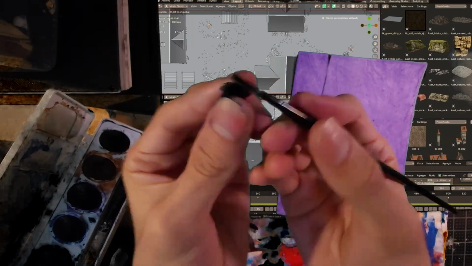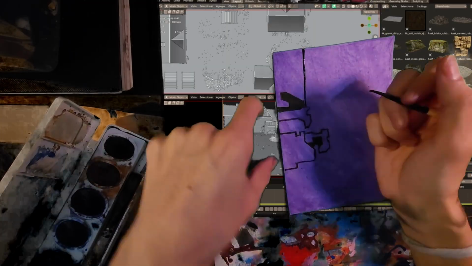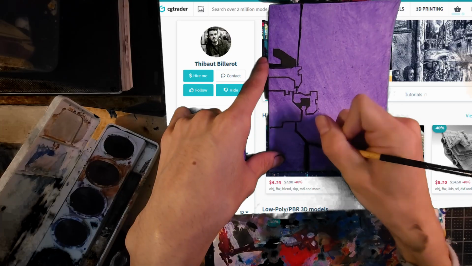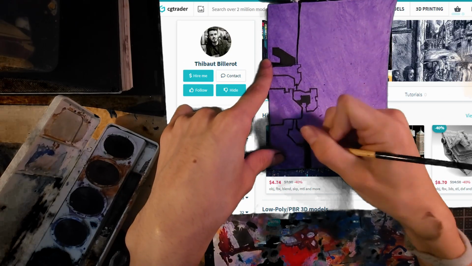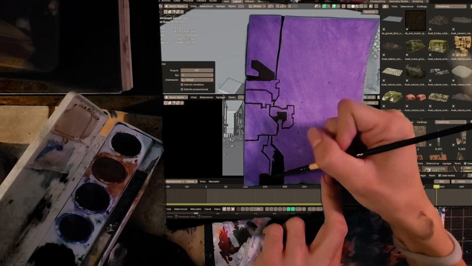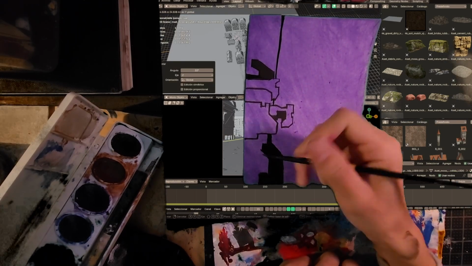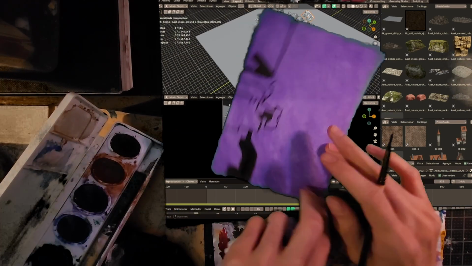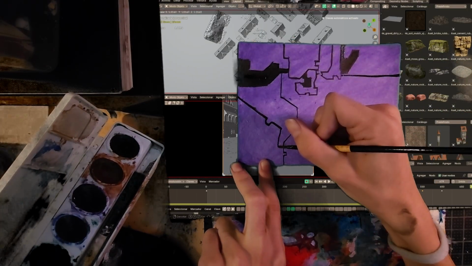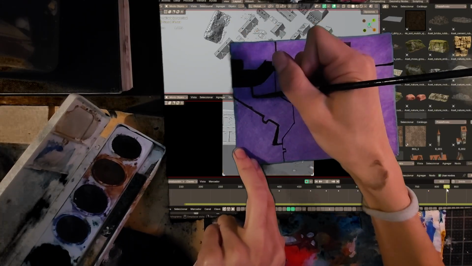another one for city-wise PBR on CG Trader. He might also be on Gumroad and ArtStation. Thibaut Billero. Again, I'm so sorry if I butcher these names. Anyway, Billero, he's a great 3D modeler. He makes some very affordable packs and just complete scenes. I've so far only bought a couple because again I'm very poor. I'm so sorry. Yeah, he makes some really good PBR 3D models that are low polygon count,